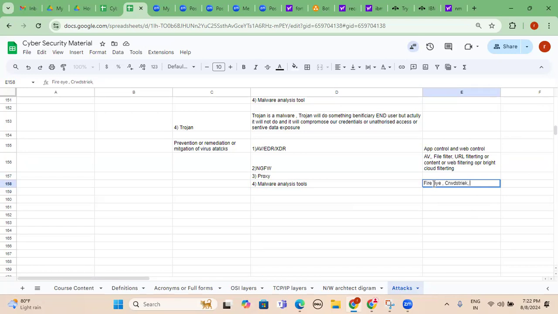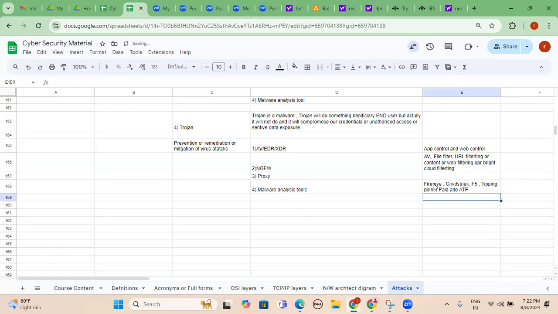And also we have F5, TippingPoint from HP or Trend Micro, Palo Alto ATP, and Checkpoint ATP. All these are very famous dedicated malware analysis tools using NX and HX, nothing but network based and host based.